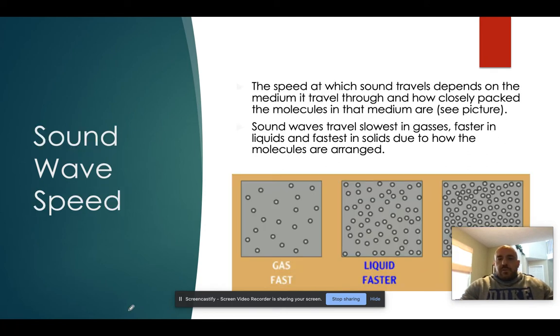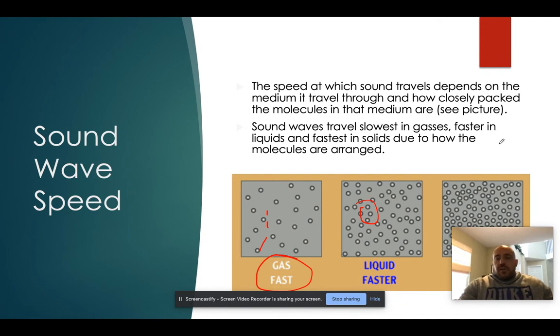This is the important, well, not that the other wasn't important, but this is the important new stuff that we don't know much about. The speed at which sound waves travel really depends on the medium it travels through. And when we say that, it's really talking about how close are those molecules in the medium packed. If you look down here, gas molecules are spread apart. You can see they're further apart than the liquid molecules in the middle, and the solid on the right are